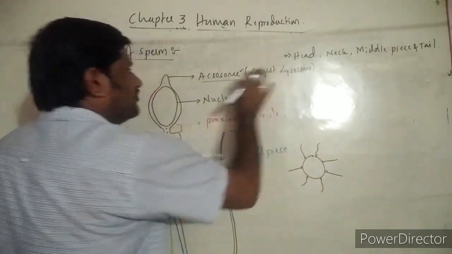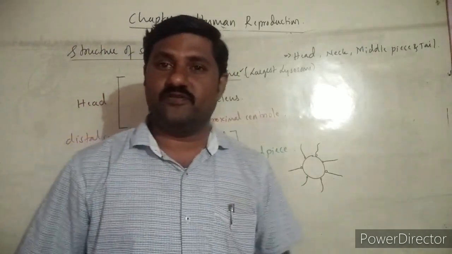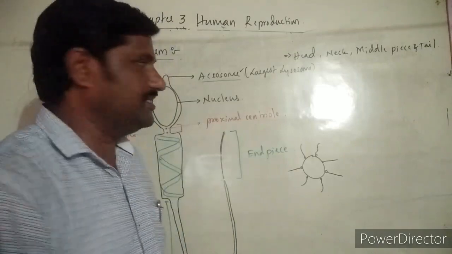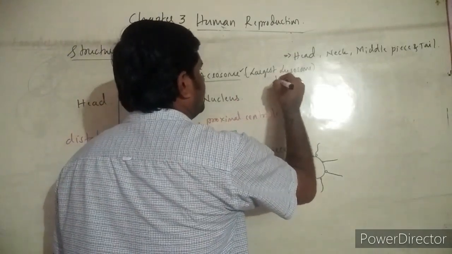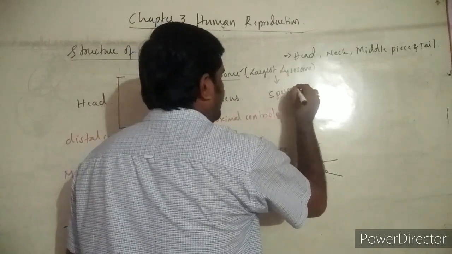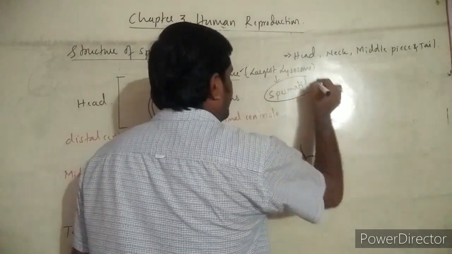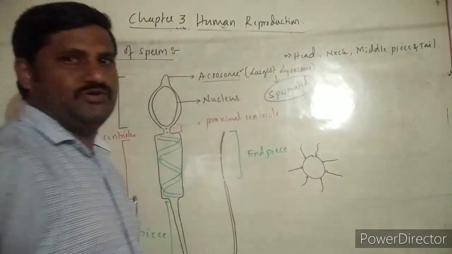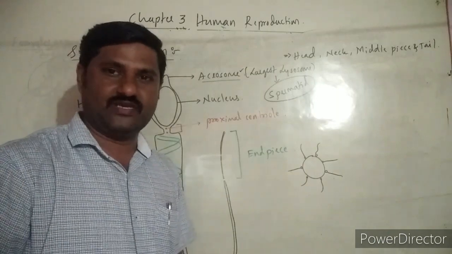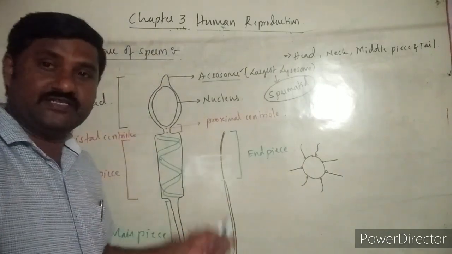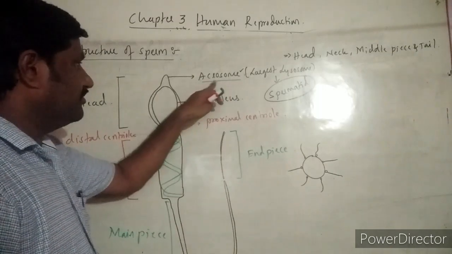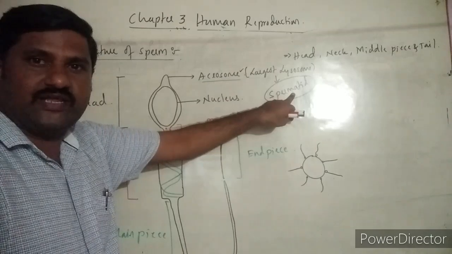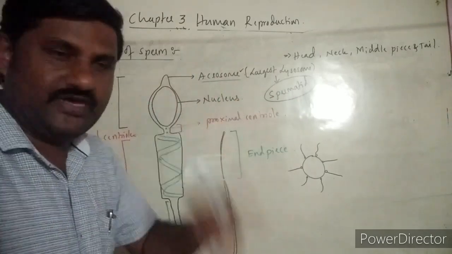How is this largest lysosome formed? What is it formed from? The question arises in the NEET examination, there is a possibility of asking this. This largest lysosome is formed from the spermatid. This spermatid contains what? Lysosome. That lysosome forms the acrosome during sperm formation, right? So during spermiogenesis, the acrosome is formed from the largest lysosome present in the spermatid, right? This point is noted, a very important point.